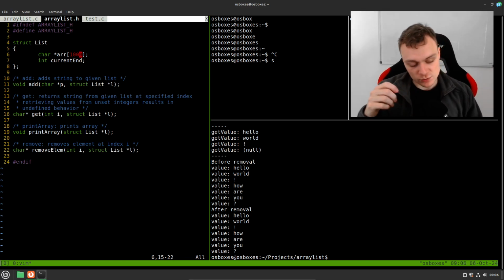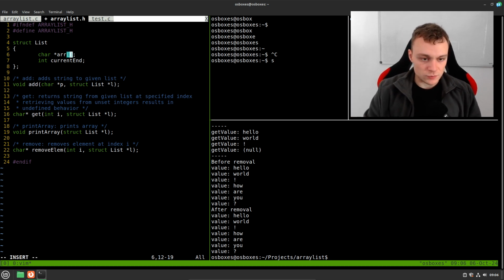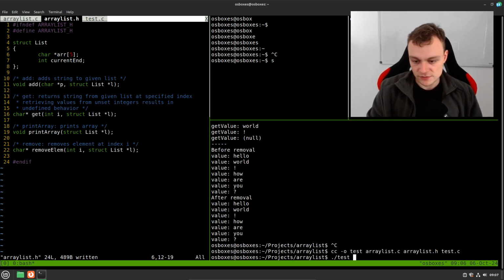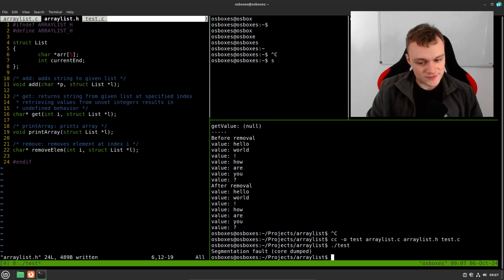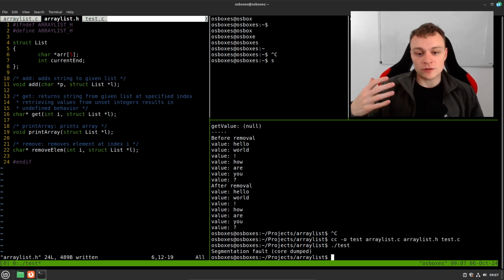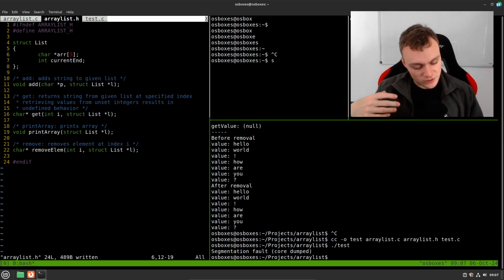Actually, what we want is a list that has a small size and that increases the more elements we add to it. So I would like to start with a small list, for example, 5 elements like this. Let's see if this executes. Okay, segmentation fault because it's already an error. And depending on how many elements we actually add to the